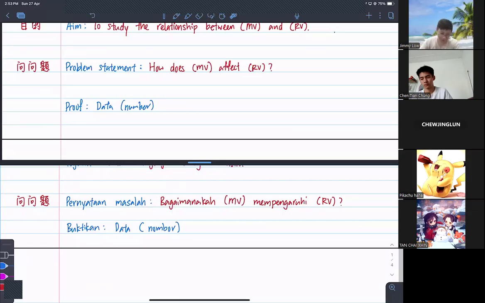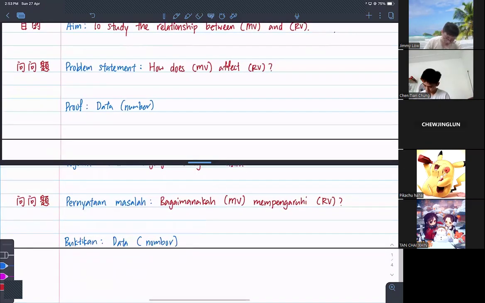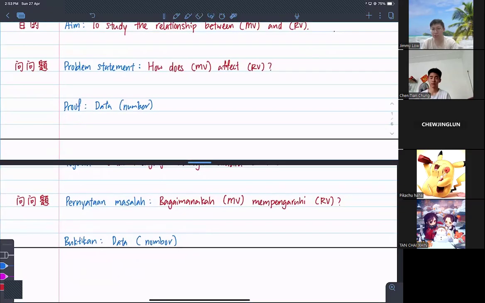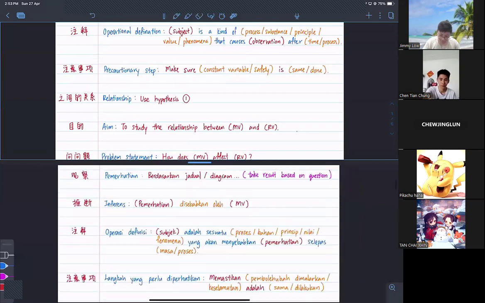So if you want to prove something, right, you base on the data. Usually when the question asks you to prove, table will be given, data will be given. So you just say, Ali ran fastest because he finished the run within 1 minute. The 1 minute is your data as in number lah. So when it comes to the buktikan or proof stuff, you remember to give data. Alright. Not sure whether your school is coming out or not, but as long as it is coming out, then you just fix it. That's all for the format explanation.